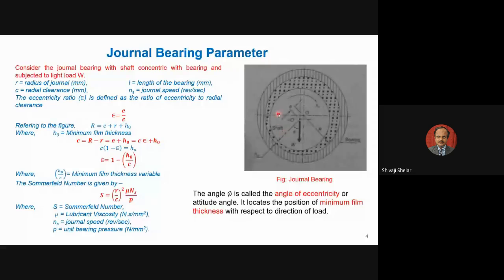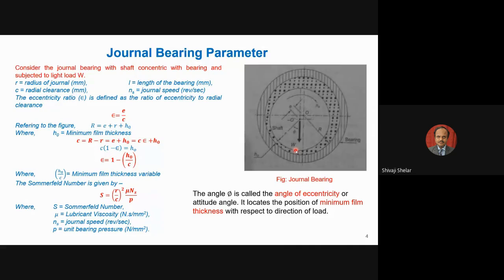If this angle is very large, then even a little radial force will make the shaft touch here, and then it will start wobbling. So this angle has to be tabulated. These angles are tabulated. I will show a table for this phi angle also. So this angle is also important while designing or selecting a journal bearing with appropriate clearances. Okay, I think you may have learned this concept here.